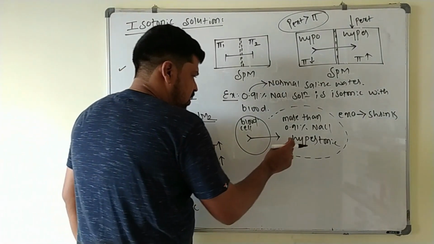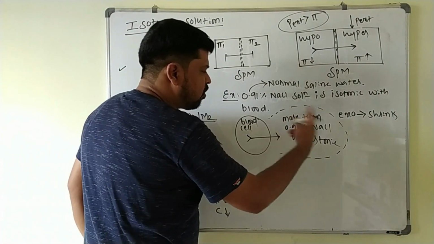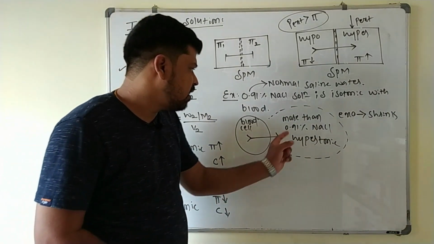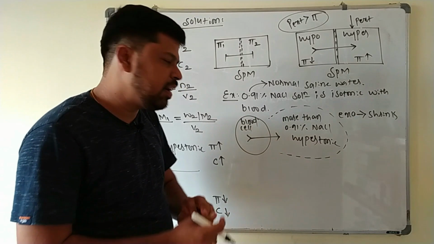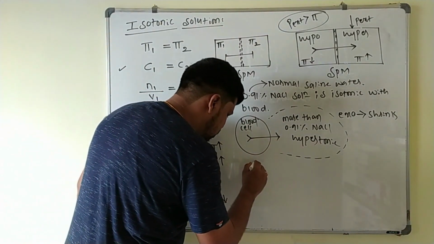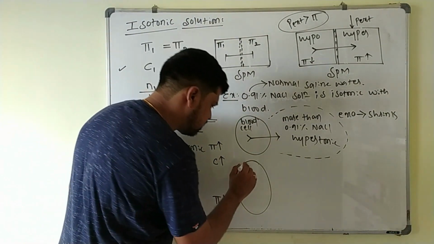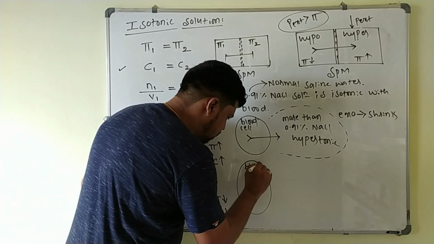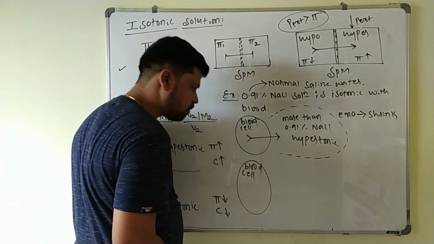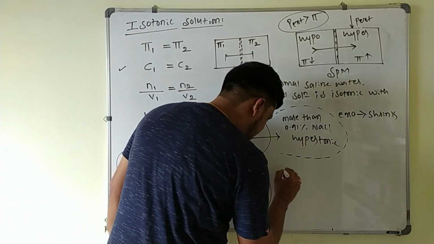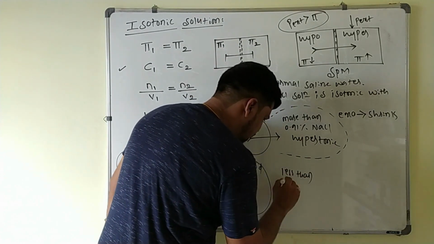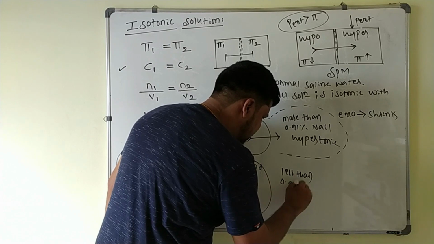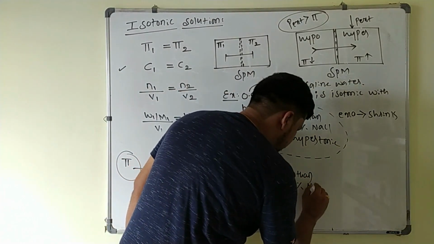Suppose, now what happens here? If I change the concentration of NaCl such that the concentration of NaCl is less than the concentration of the fluids that are present in the blood. Now we will take this one. These are the blood cells. This is the blood cell which is kept in a solution having concentration less than 0.91 percentage of NaCl.